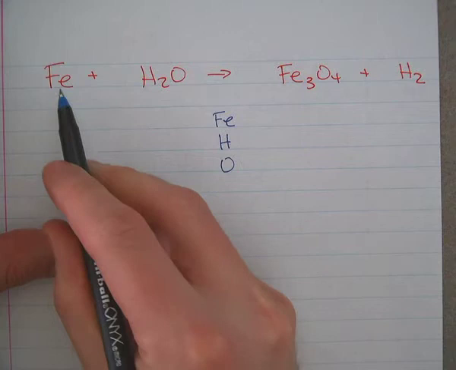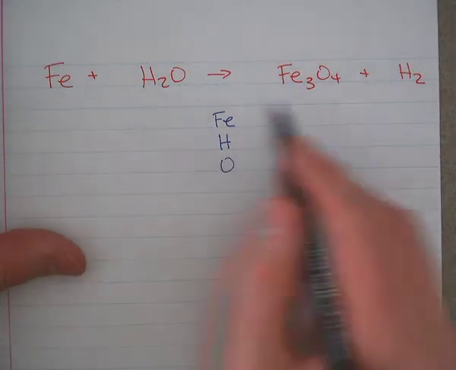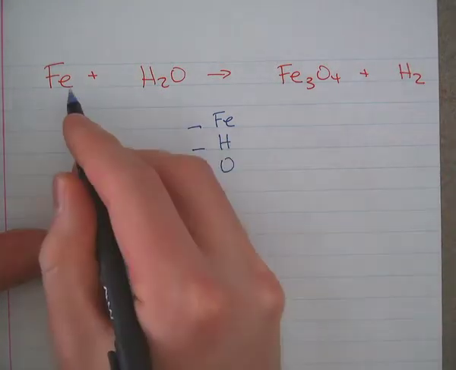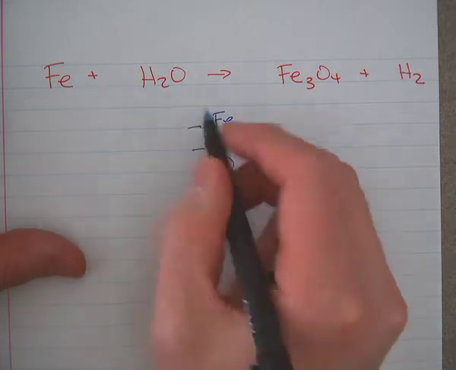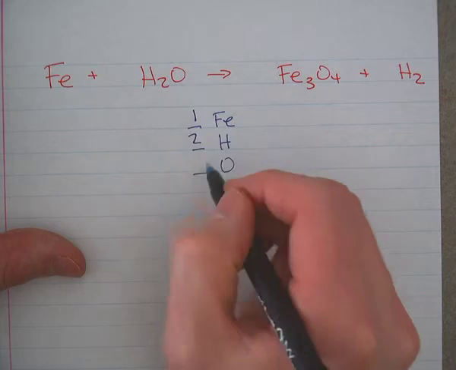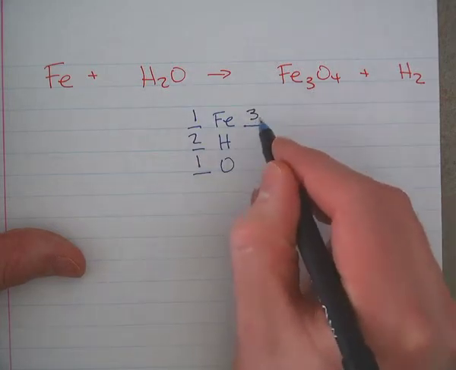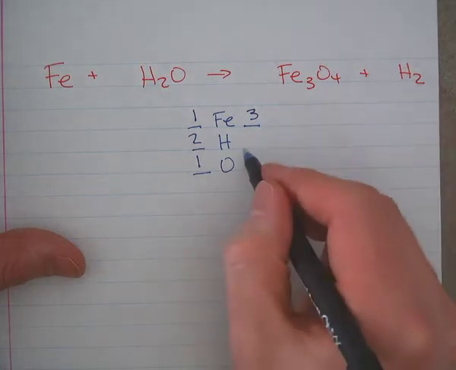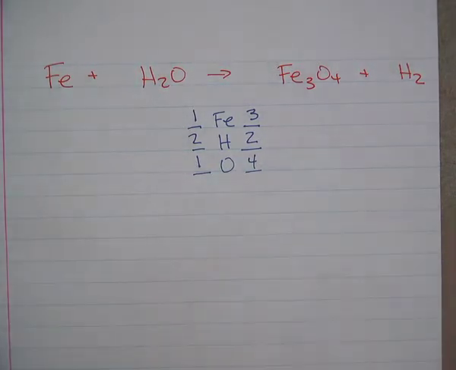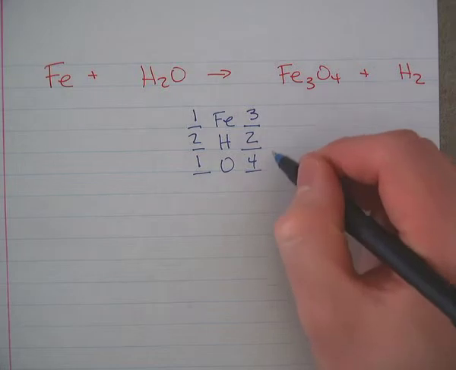and the point of my table is to keep track of each element that's involved in my equation, how many I have on the left side, and how many I have on the right side. On the left side, it looks like there's no subscript next to the Fe, so I only have one. There's a subscript of 2 next to hydrogen and 1 next to oxygen. Now on the right-hand side, it looks like I have 3 irons, I have 2 hydrogens, and I have 4 oxygens. So as we're starting off, it looks like hydrogen's balanced, but Fe, the iron, is not, and O, the